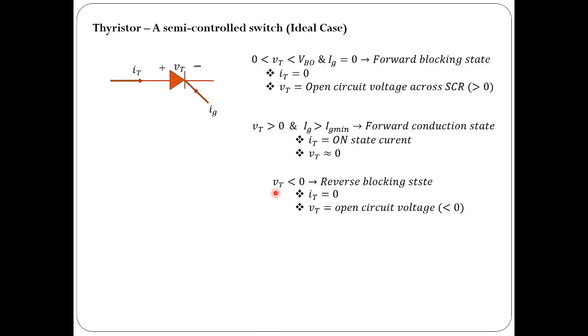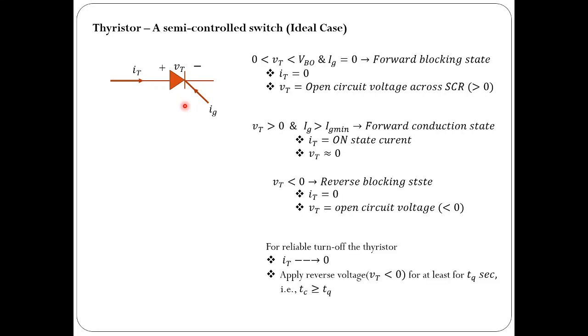One is to avoid operating the switch in the breakdown region, either in forward or reverse. So the safe way of operating this switch would be this way. By applying a gate pulse in forward bias, you can turn it on. Of course, there are other triggering methods also, but this is one of the popular methods, that is gate triggering. So by applying gate current more than the minimum gate current in forward bias, the device can be turned on. It is as simple as that. So you can control the on state by applying a gate signal. But coming to the turn off, that is somewhat difficult.